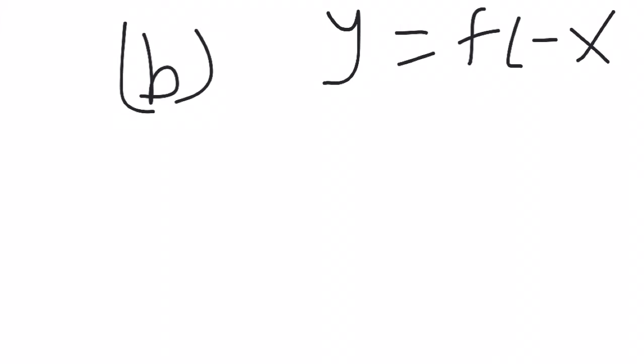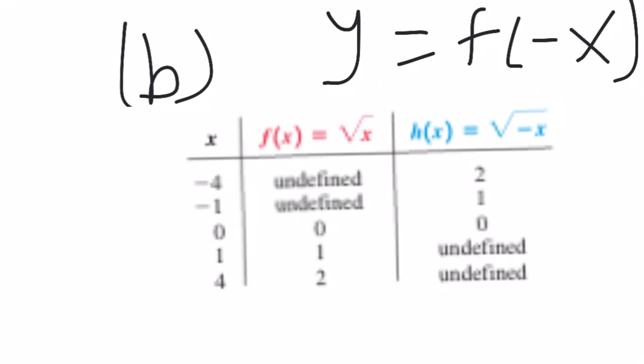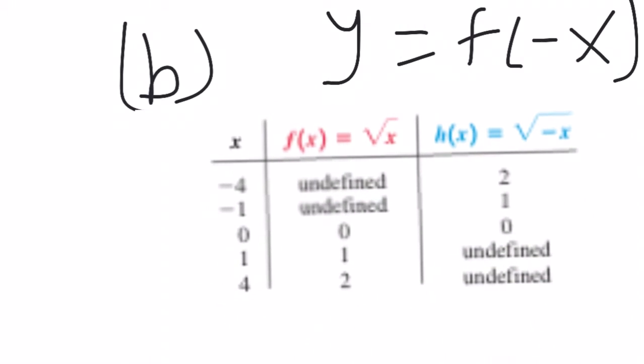Now we're going to see what happens in part B. Part B deals with whenever you take the inputs and make them negative before you even plug them in, or whenever you just change the sign of the inputs before plugging them in. So again, we're going to create a table of values, and for this example, all the values that we couldn't even plug in to our original parent function, because it would make it negative underneath the square root,